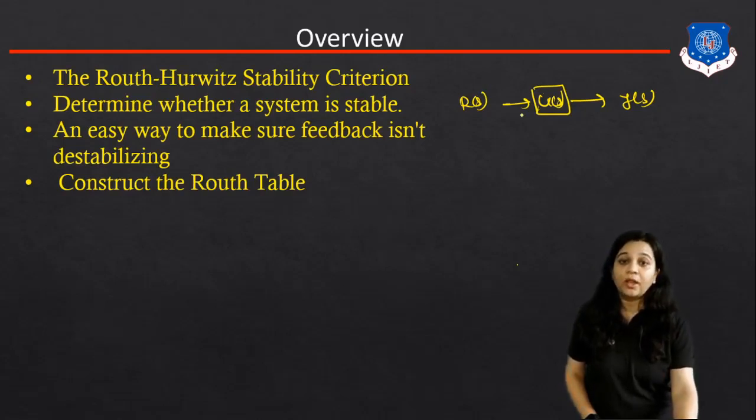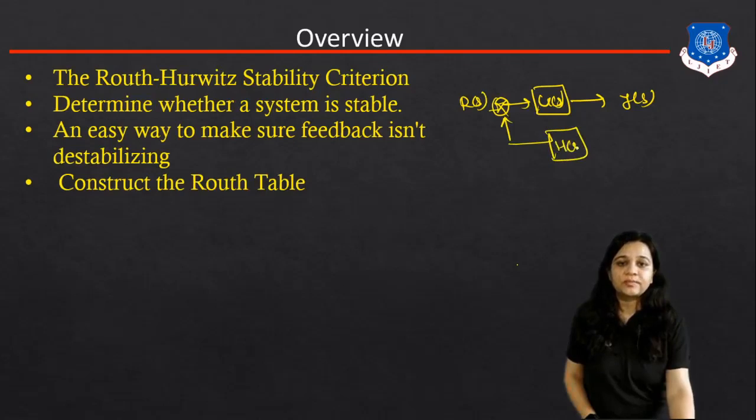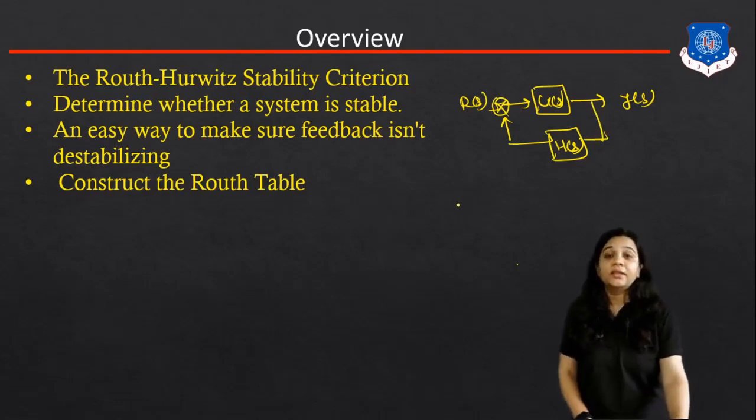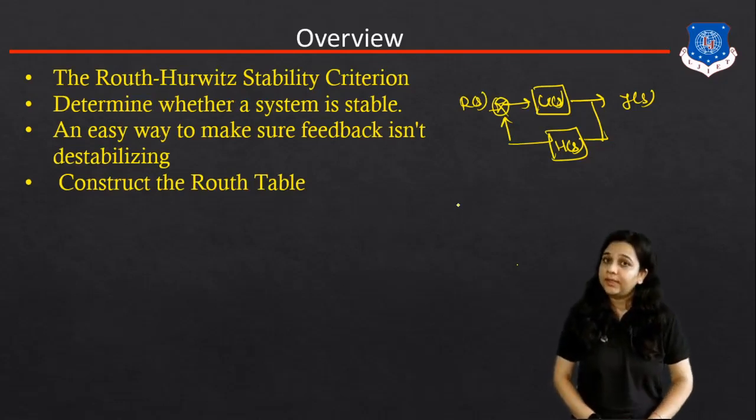If we apply some particular input and we get a stable output, this type of system is known as stable. If an input is applied and we get an unstable output, this type of system is known as an unstable control system. Now if we add a closed loop, that means we add some feedback element to this open loop system. Suppose H(s) is my feedback element; due to this feedback element, a stable system can become unstable or an unstable system can become stable. All of these fundamentals we have to study in this lecture, and how we can find the stability using the Routh-Hurwitz stability criteria.